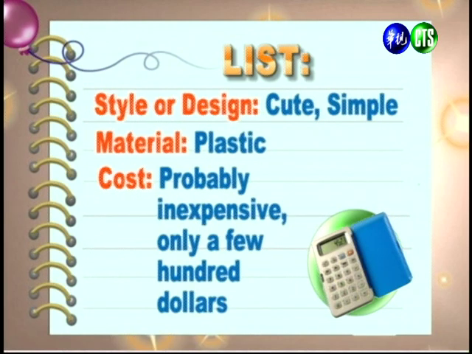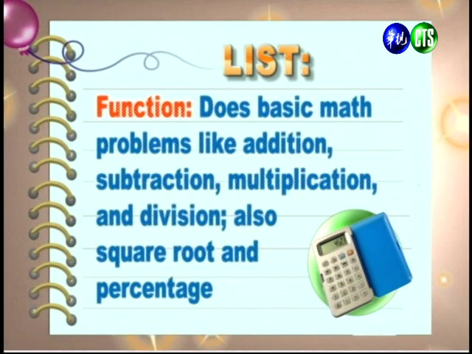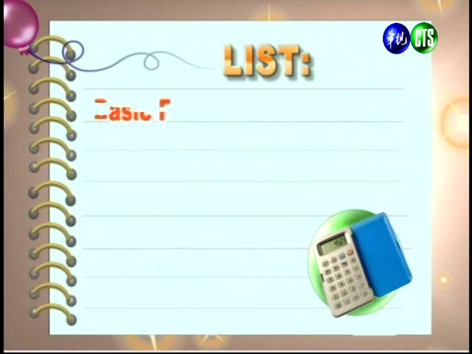And as far as cost, we can say it's probably inexpensive, only a few hundred NT dollars. 关于它的花费呢，大概不会太贵，大概顶多几百块钱就可以买到了。And let's look at the functions. We can say that it has the basic math functions such as addition, subtraction, multiplication, division. Also can see it has a square root key and a percentage key. 那它有哪些功用呢？我们可以看到最基本的一些数学运算，像是加减乘除，这台计算机都可以提供。那同时我们也可以看到它还有所谓的平方根键以及所谓的百分键。